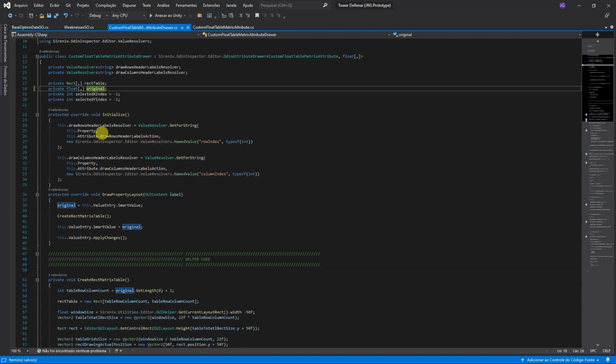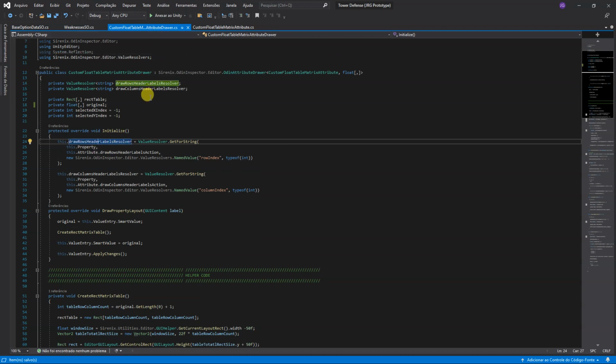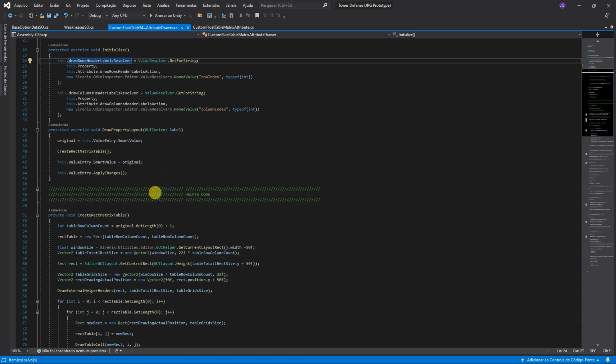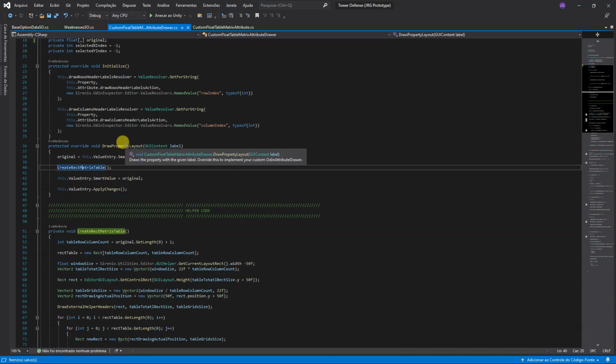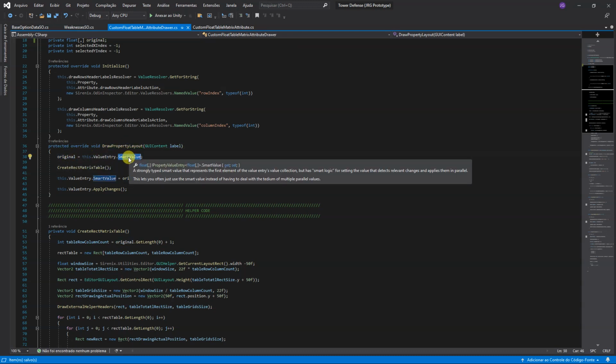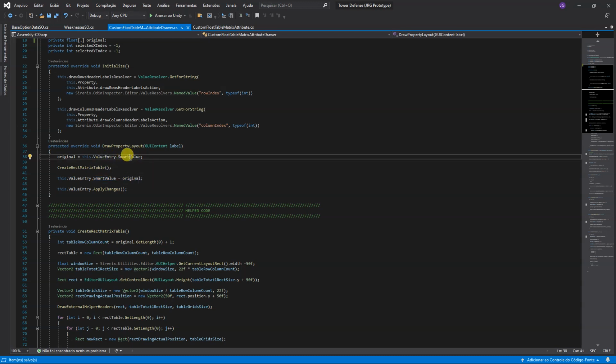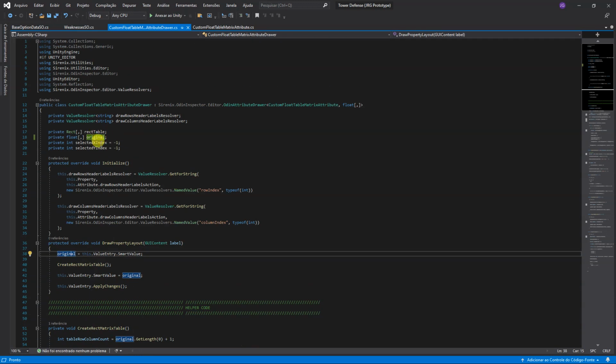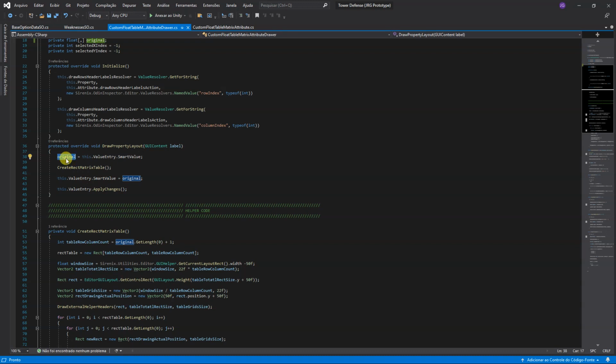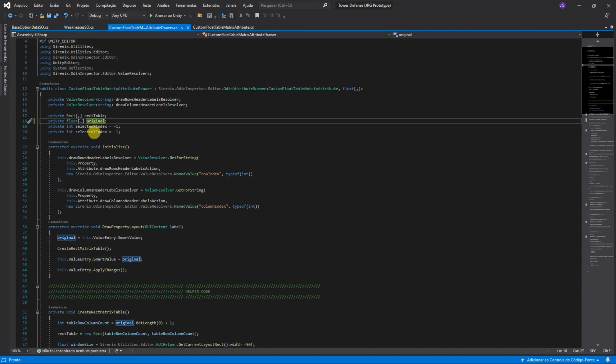So here I have these custom headers methods which are also being used in this custom attribute drawer in order to get the custom headers. And here is where the magic happens, the DrawPropertyLayout. Here I'm getting the value from the asset. I think this is the right way. I viewed the documentation a lot of times before creating this custom attribute drawer, and I am putting this value of the asset inside the